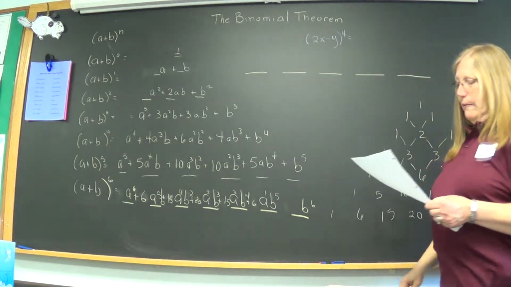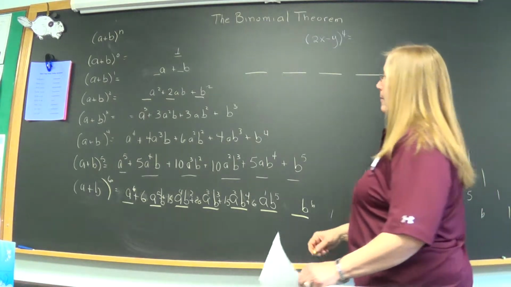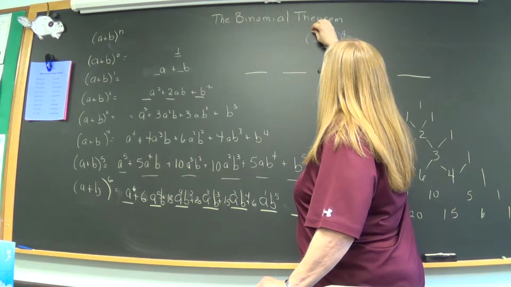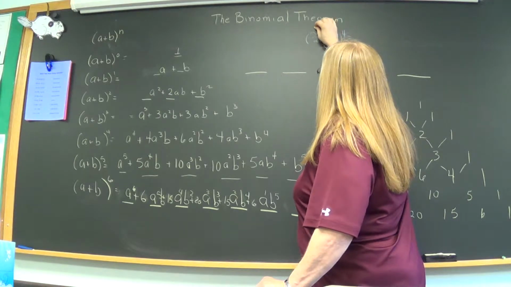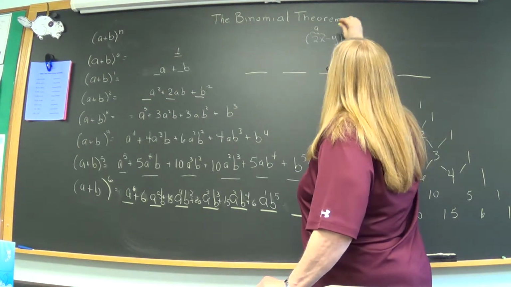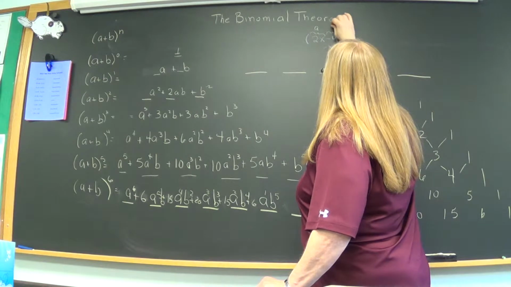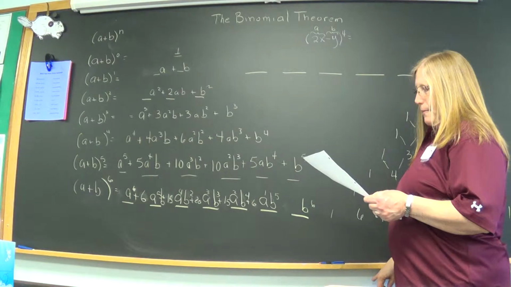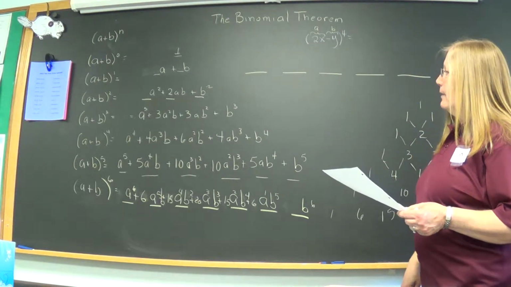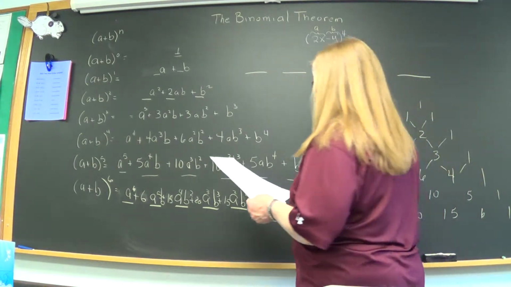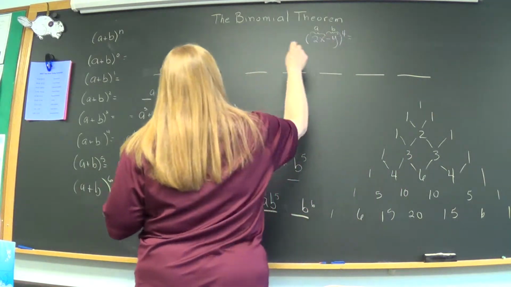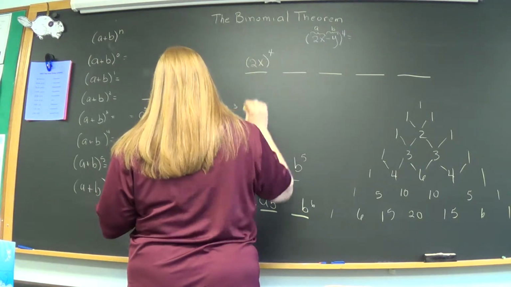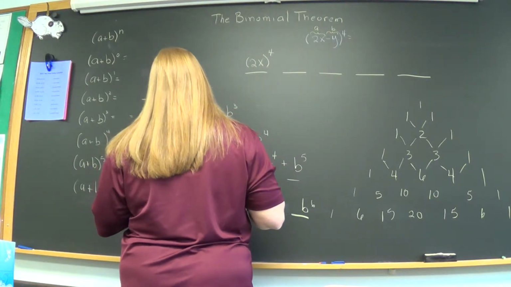1, 2, 3, 4, 5 blanks, and this time I'm going to recognize that I no longer have an a here, so this whole term, 2x, will take the place of a, and this term minus y will take the place of b. So we'll have to keep that in mind as we follow our pattern. So the first term is going to be the first term a raised to the max, but our first term is 2x. So I'll take the 2x and raise it to the fourth,